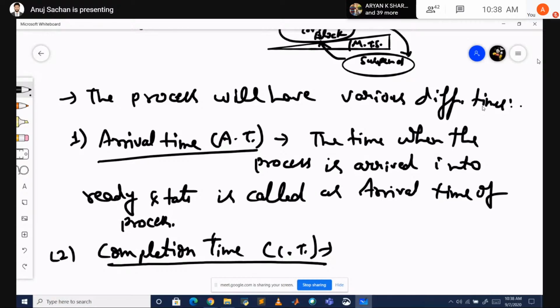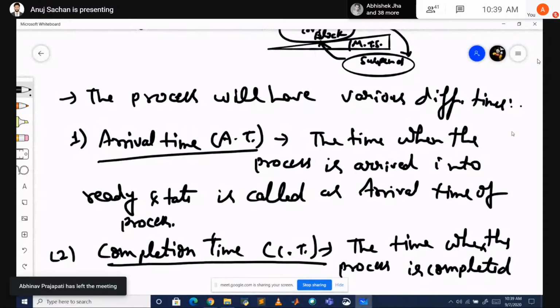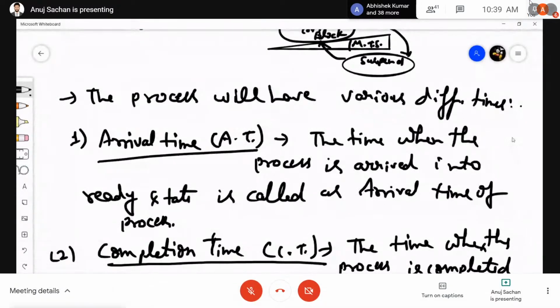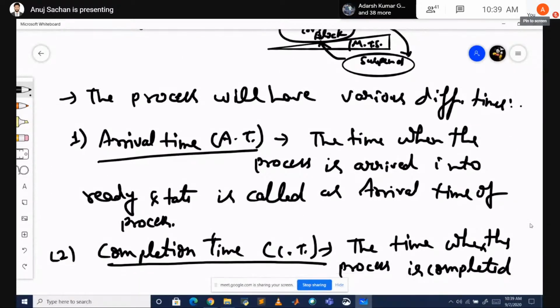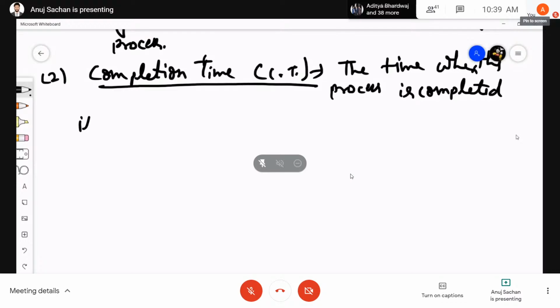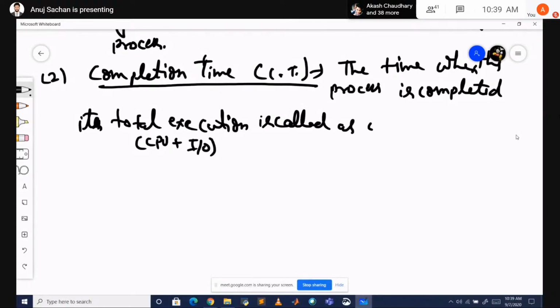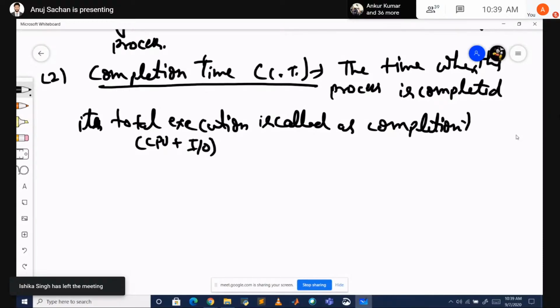Total execution मतलब CPU time भी complete कर लेता है और IO bound time भी complete कर लेता है। इसको बोलते हैं completion time. टोटल एग्जीक्यूशन मतलब सीपीयू बाउंड टाइम भी कंप्लीट कर लेगा और आईओ बाउंड टाइम भी कंप्लीट कर लेगा, कंप्लीशन टाइम ऑफ द प्रोसेस।